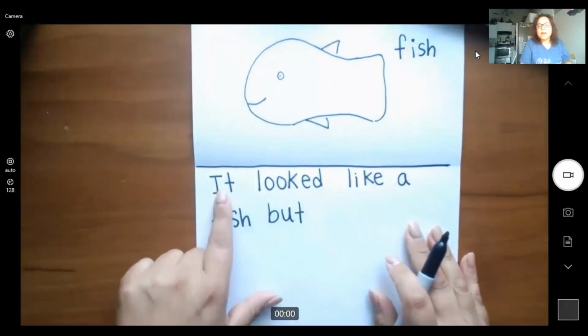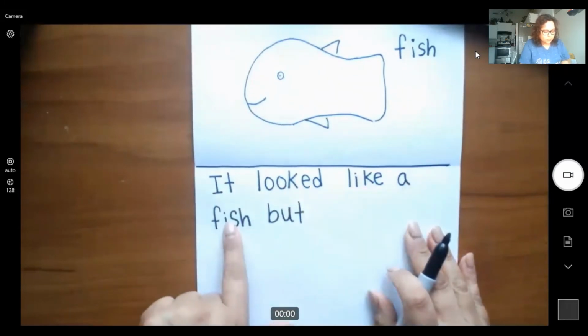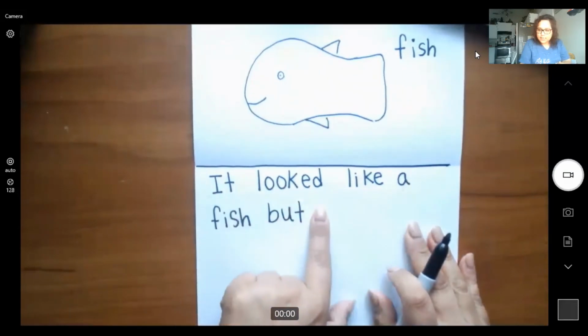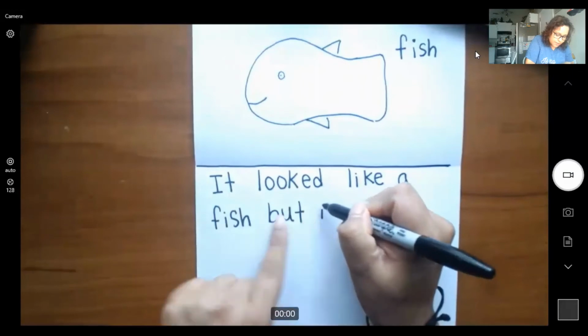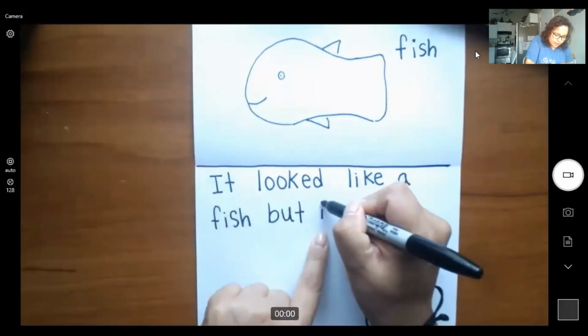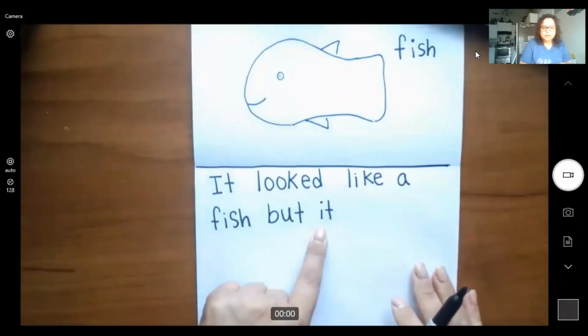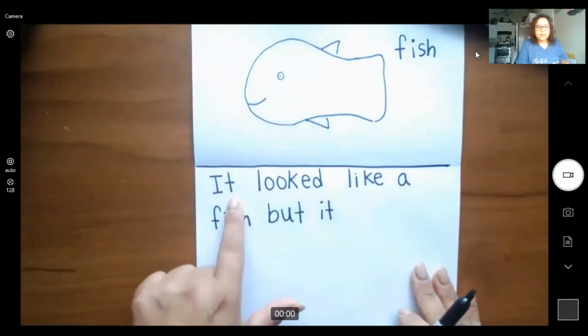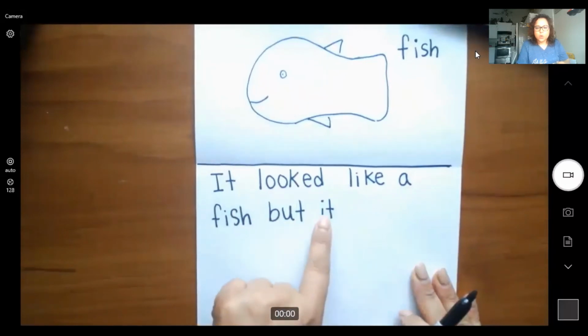So let me go back and read my message. It looked like a fish, but it. Is another sight word that we already learned in kindergarten, but this time I'm not going to use capital I, I'm going to use lowercase i. It looked like a fish, but it